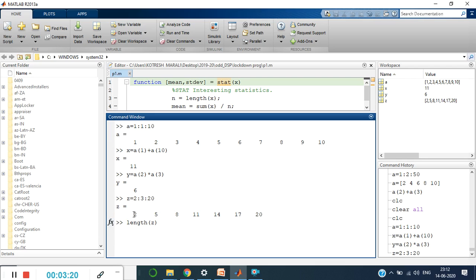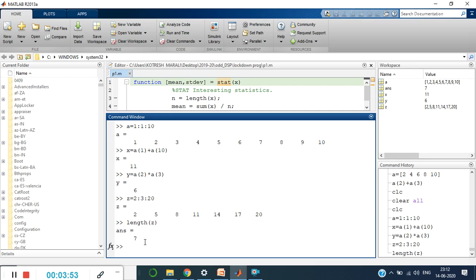How many data are present here? 1 2 3 4 5 6 7. So when I say length of z, it shows the total number of elements in the array z, which is 7, which means the z array contains 7 elements.